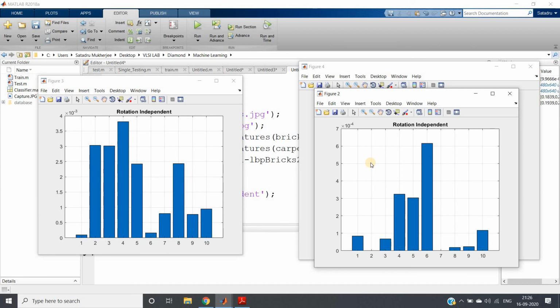What is the advantage of this? This is a very important part: illumination independent feature extraction. Just try to understand how cool this is. One image is very bright, one image is darker, but both come from the same source, the same object. Even then it will predict them as belonging to the same category, right? Because we have seen that LBP is illumination invariant. When the surrounding pixel intensities increase, the central pixel intensity also increases. As a result, the relative change does not happen, and so we get the feature of illumination invariance, right? And slight rotation invariance also we have seen.